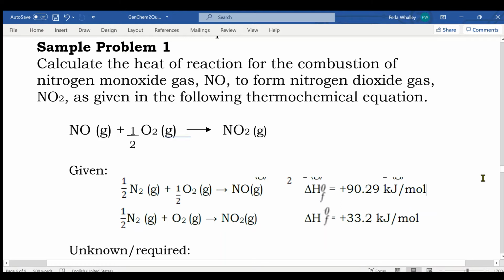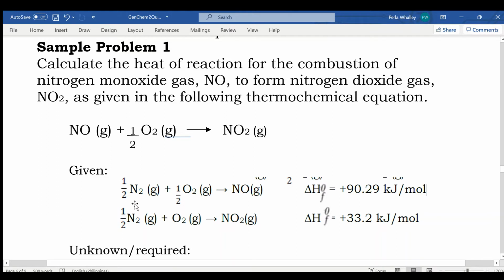Sample problem number 1. Calculate the heat of reaction for the combustion of nitrogen monoxide gas, NO, to form nitrogen dioxide gas, NO2, as given in the following thermochemical equation. So this is our equation and we have the given. This is the equation that we need to look for, the required equation. So we have the given